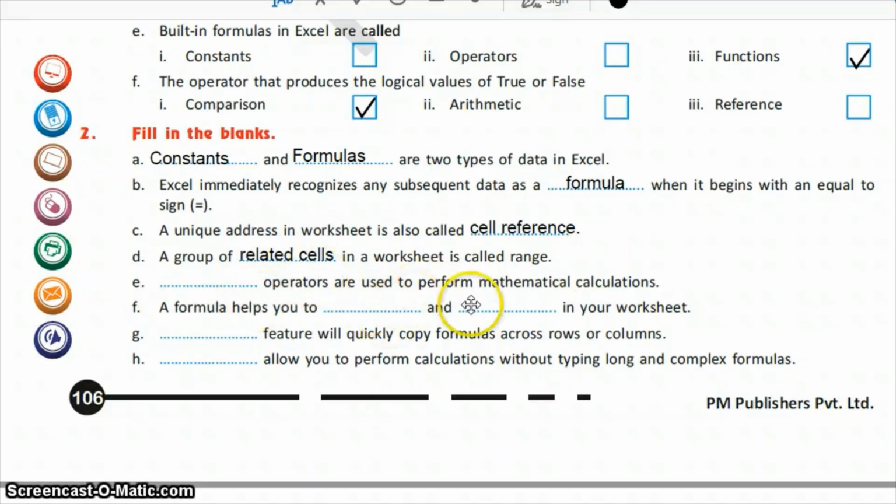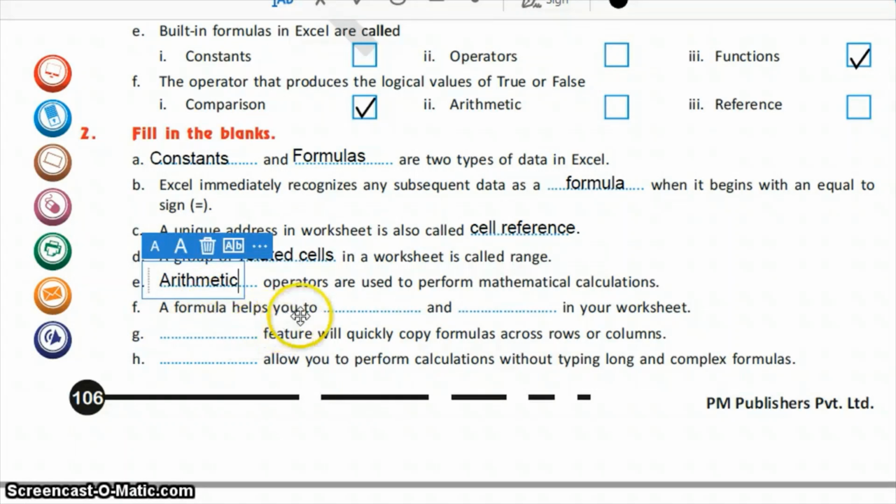Dash operators are used to perform mathematical calculations, and as I have just now told that there are two types of operators, comparison and arithmetic, and for the mathematical calculations we use the arithmetic operators.